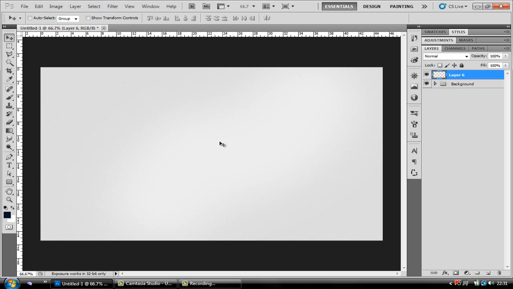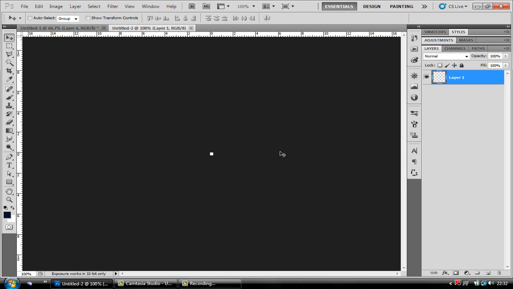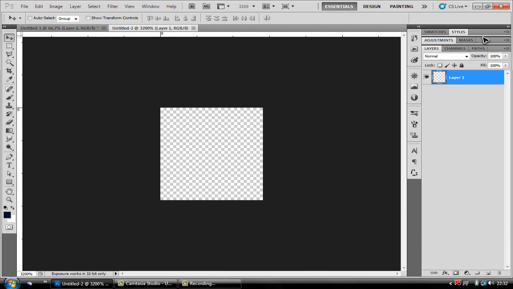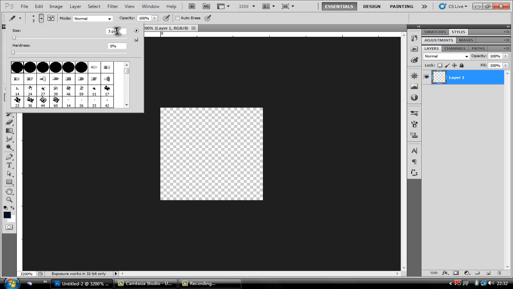And first of all, you're going to click File, New, and then from here you want to make a new document size 8 pixels by 8 pixels and click OK. And if you press Control and 0 on your keyboard, you should see it zooms in like this. What you want to do then is go over here to your brush tool, unless it's hidden by the pencil, and you want to click and find your pencil tool. You need to change the size to 1,